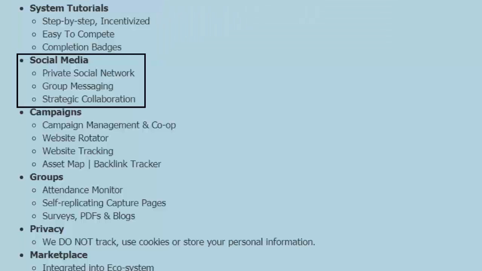Our social media, private social network. We are very private. We're on a blockchain. What you do in Market Hive, you can keep very private from the outside world, or you can make it public. It's up to you. We have a group messaging system that is being built to also go into our wallets,